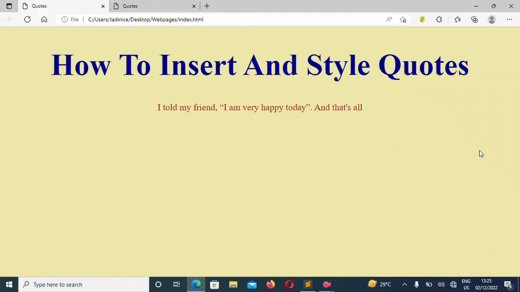My name is Mavek Squat, and today I'm going to show you how to insert and style quotes. Now, quote tags define a short inline quotation, unlike block quotes which are used for multi-line quotations. Browsers normally insert the quotation marks around the quotation, as we have here in "I'm very happy today." So I'm going to show you how to insert them, and then we'll just style them,